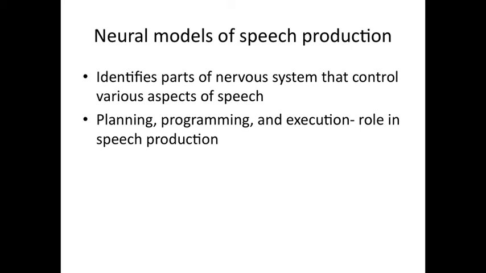Okay. The final thing that we're going to talk about is neural models of speech production. The neural model identifies different parts in the nervous system that controls various aspects of speech. If you remember, there are different lobes in the brain. Each lobe has different areas that are responsible for speech. For example, the frontal lobe has Broca's area, which is responsible for your production, execution of the speech